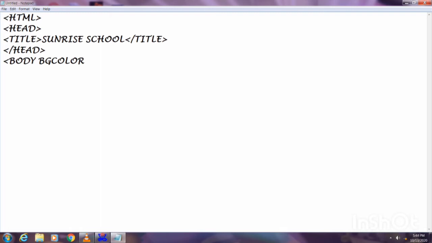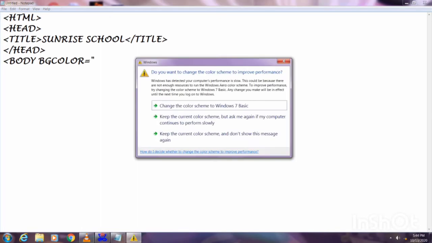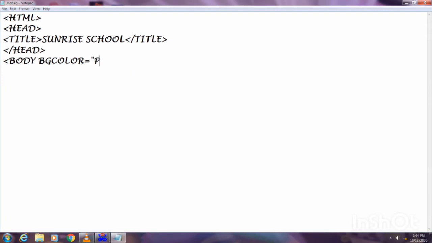So I will write body, then BG color, and give an equal sign here, and then in inverted commas I will write the color name. Here I am writing the pink color, inverted comma close. This is for the background color. Okay, it means the background color will be pink.